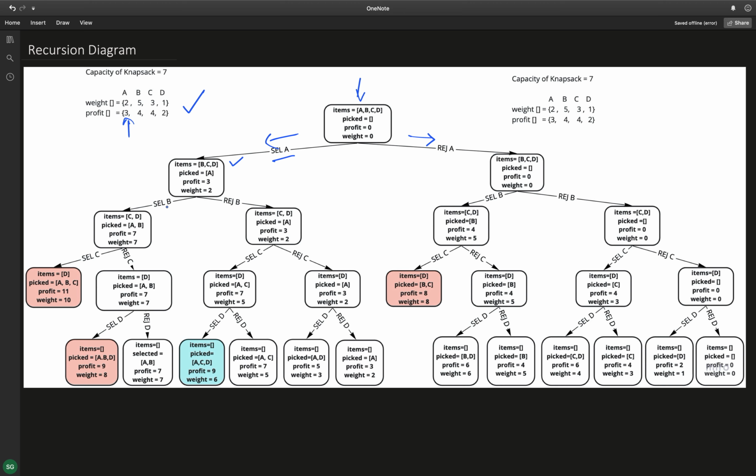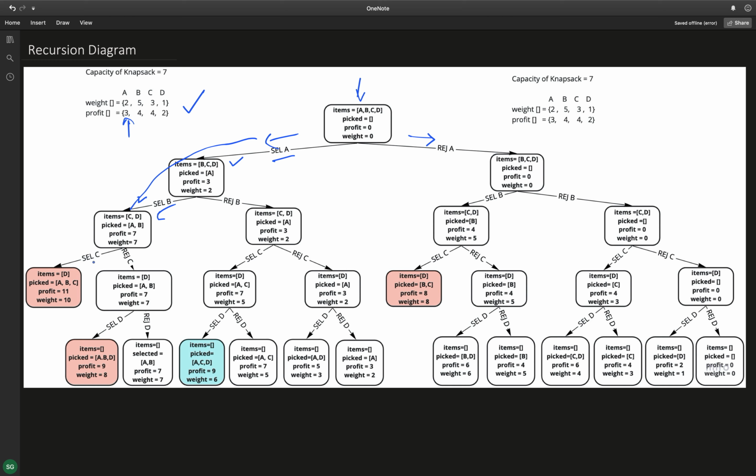Now again, if we go left here, then we have selected B from B, C, D, and now the items that I have are C and D, and A and B are already picked. Here I have picked A already, so that is why I am on this path, right? So now I've selected B, and now the profit is 3 plus 4, that is 7, and the weight of the bag is now 7.